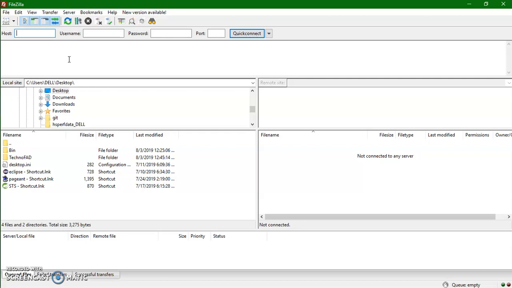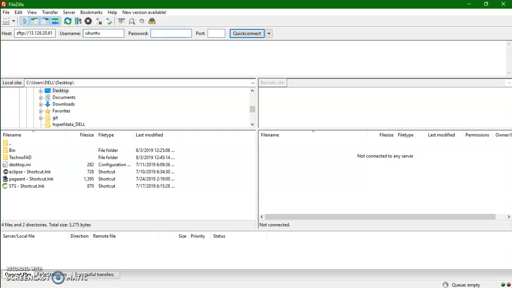What you need to do here is type sftp colon slash slash and your IP address given by AWS, Amazon Web Services. Mine is 13.126.20.61, and the default username will be ubuntu.